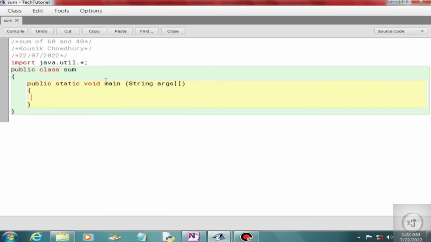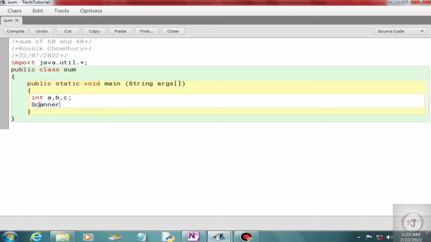Okay. So within public static void main, within the main method, we have to write: we will have to take three variables, int a, b, c. Int a and b will read the input. Okay. And int c will store the output. Here we will have to use a class, that is Scanner, and we will create an instance of this class, Scanner s. This name you can use anything of your choice except the reserved names. Okay. Scanner s is equal to new Scanner,